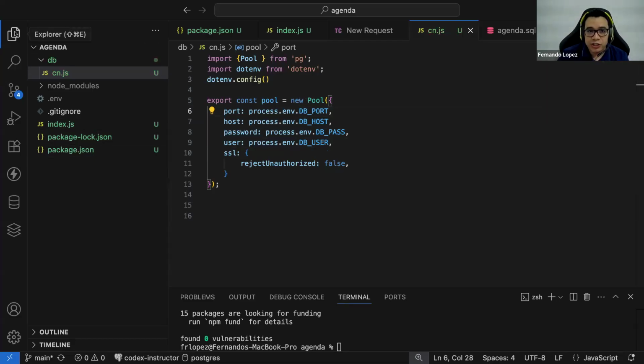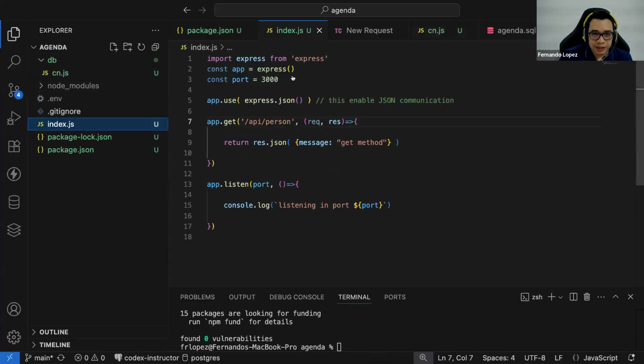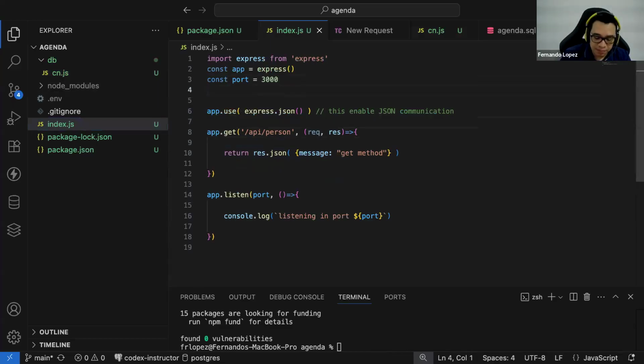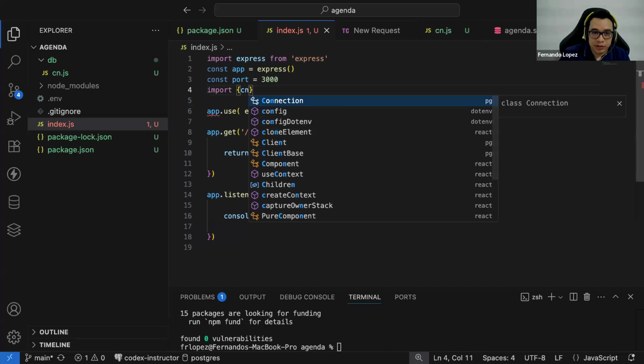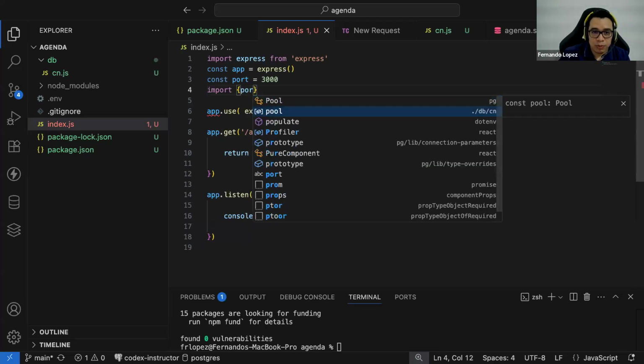Once I have the connection here, remember this object can be exported to another file. So in my index file, I can import this connection object called pool.